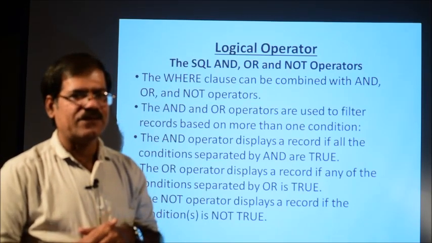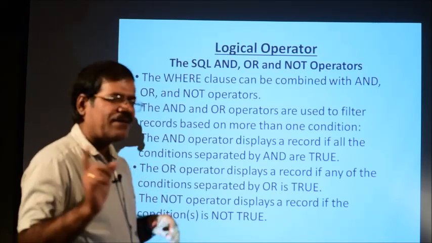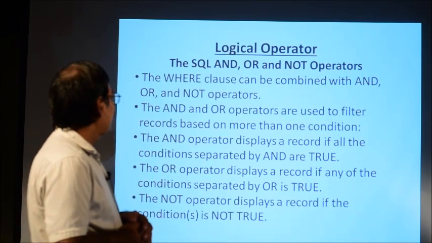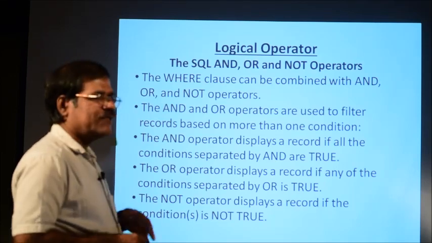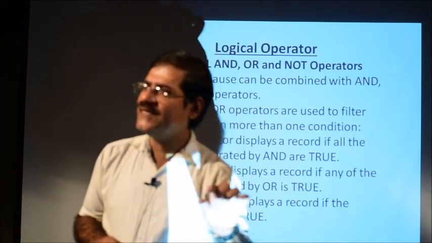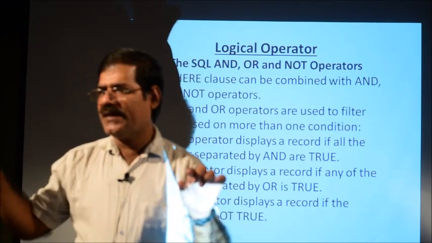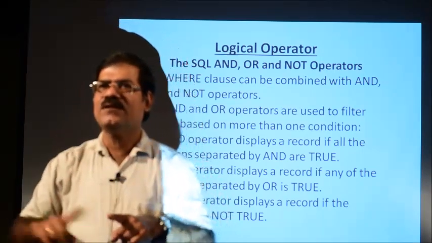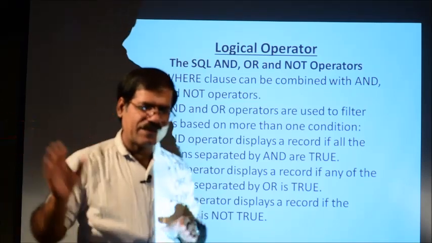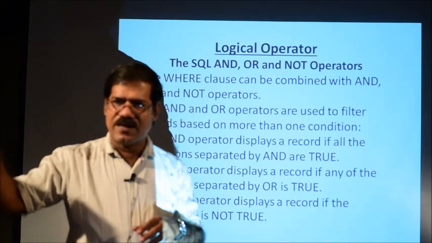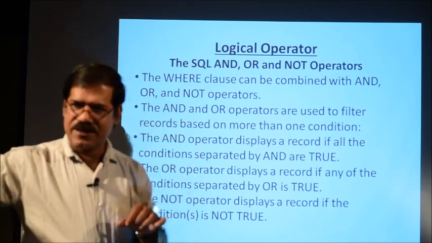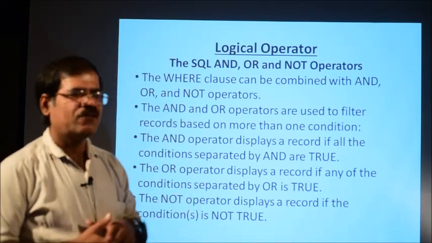So, when will the statement be executed? If all are true. If any one is false, then it will not show you the result. That means all the conditions must be true, because we know that if you construct the AND table, if one statement is P and another statement is Q, when both P and Q are true, then the result P AND Q will be true. So if there are n statements connected through AND, and statement 1 is true, statement 2 is true, statement 3 is true and statement n is true, then overall the result will be true.